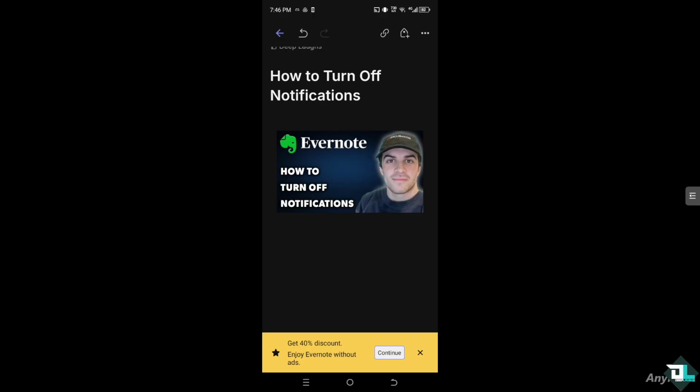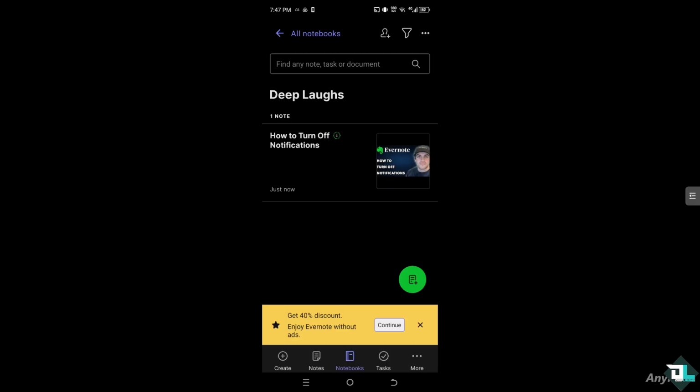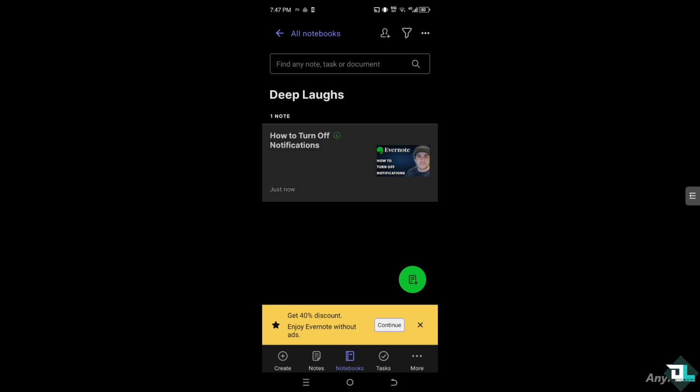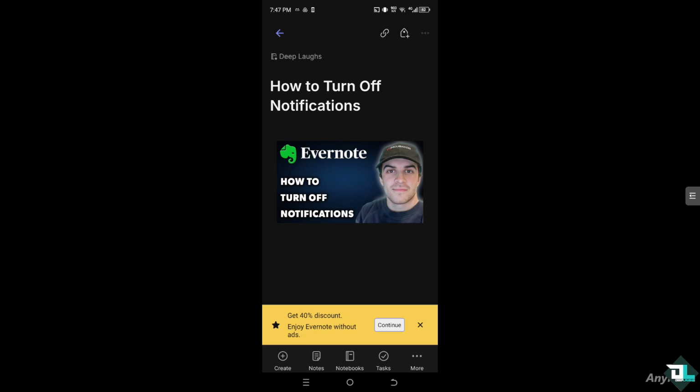To turn off notifications here in Evernote, especially if you're using your mobile device, your options are kind of limited. Because for one, if you're using iOS, for an iPhone or iPad, or using Android, the first thing that you need to do is go to the upper left corner, to your profile icon. Alright, so the first is, you see there is like a three dot section here. If you click on it,